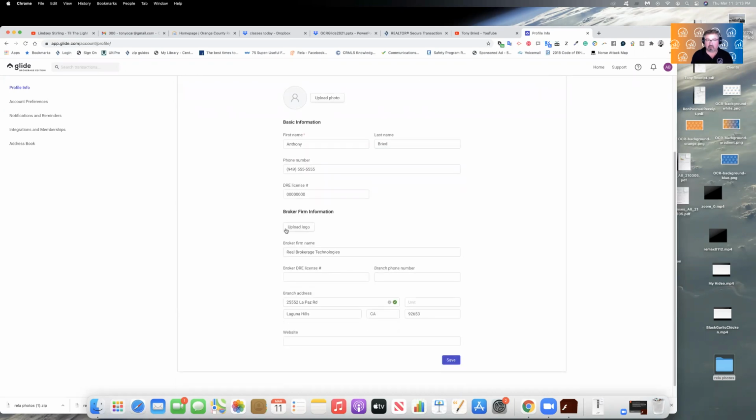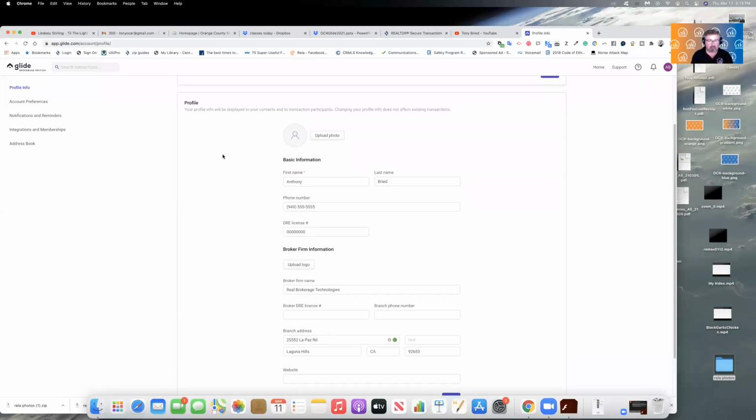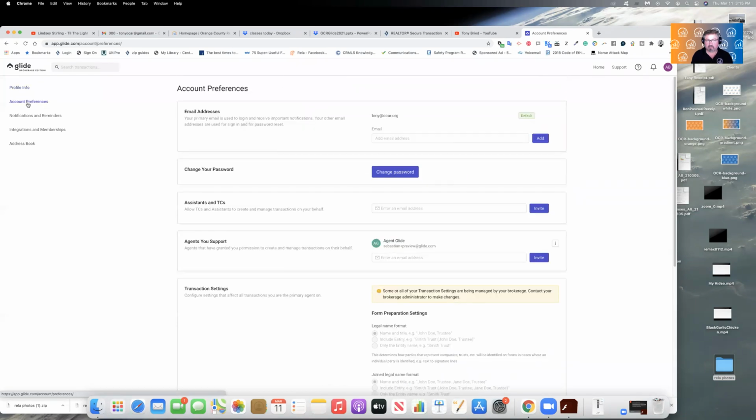Down below, you can upload your brokerage information, right? Make sure that's all current, including your DRE license number. Upload your company logo. Now, after we upload this information and we hit save, we're now going to come back over to the left-hand side and click on account preferences. Here under our account preferences, this is where we can go and modify our password. But more importantly, down below here,